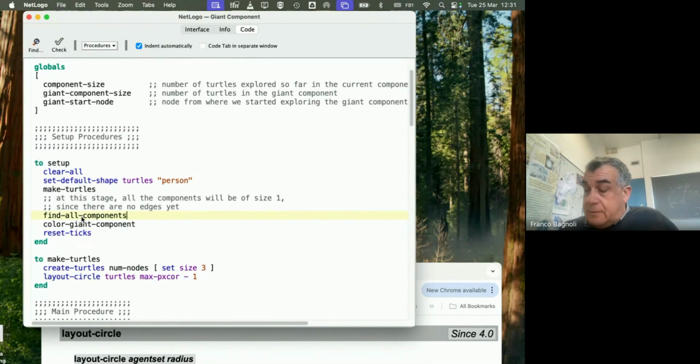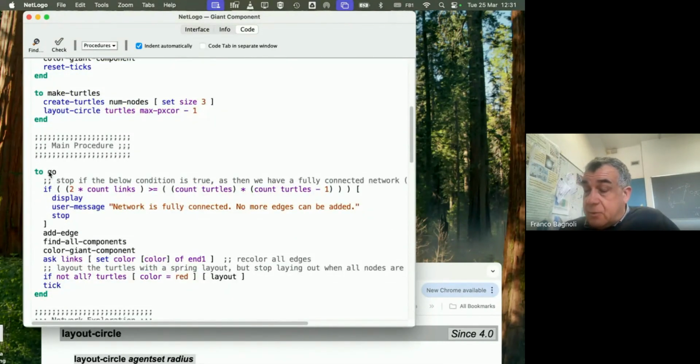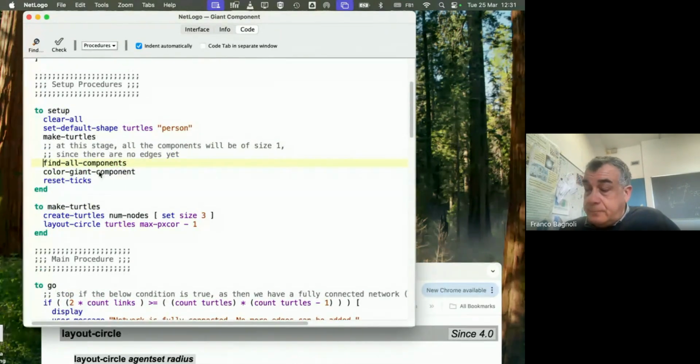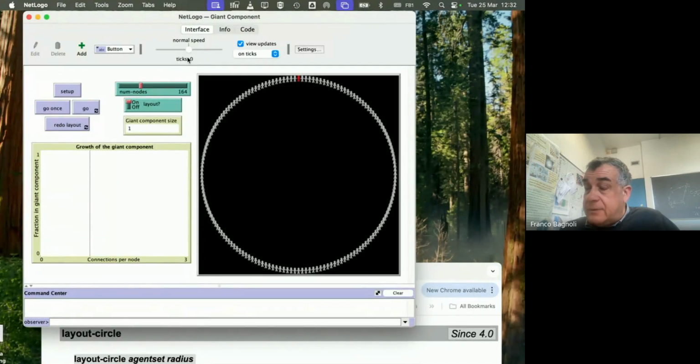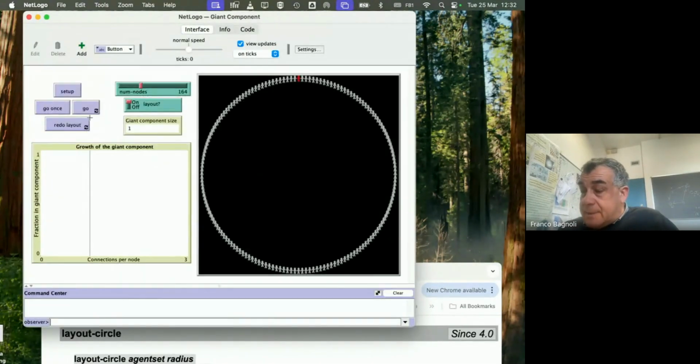in the setup you have these find all components and color giant component, which is actually not used in the setup, so I can leave it away for a moment. They are here, but they are used essentially in the Go. I don't know why they are put here. And then reset ticks. It has the scope of resetting the counter of ticks, and in the Go procedure normally you also have a tick that increases the counter by 1. So the setup is simply for the moment